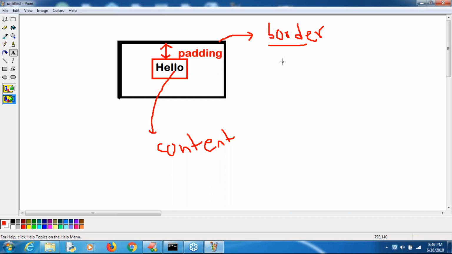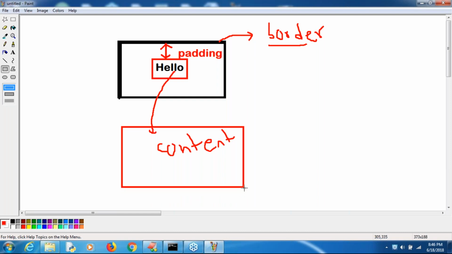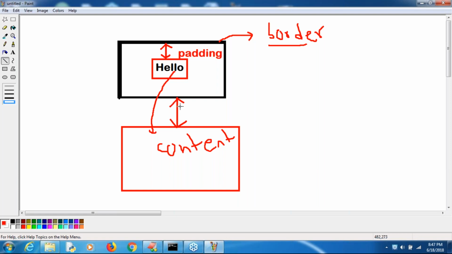Remember what is the meaning of padding, sir? The space between content and the border is by default considered as padding. Okay. Now assume that I have one more HTML element, the next HTML element. The space between one HTML element to another HTML element, or otherwise, sir, from the web page